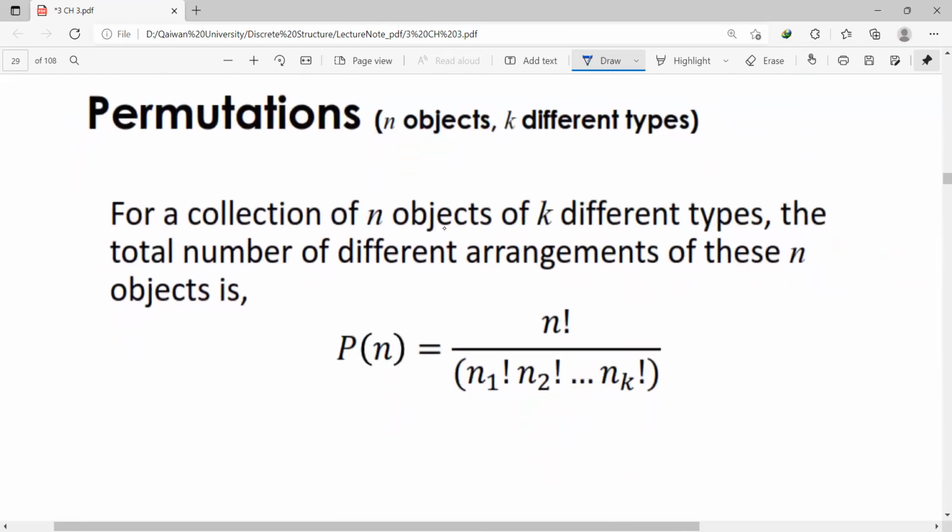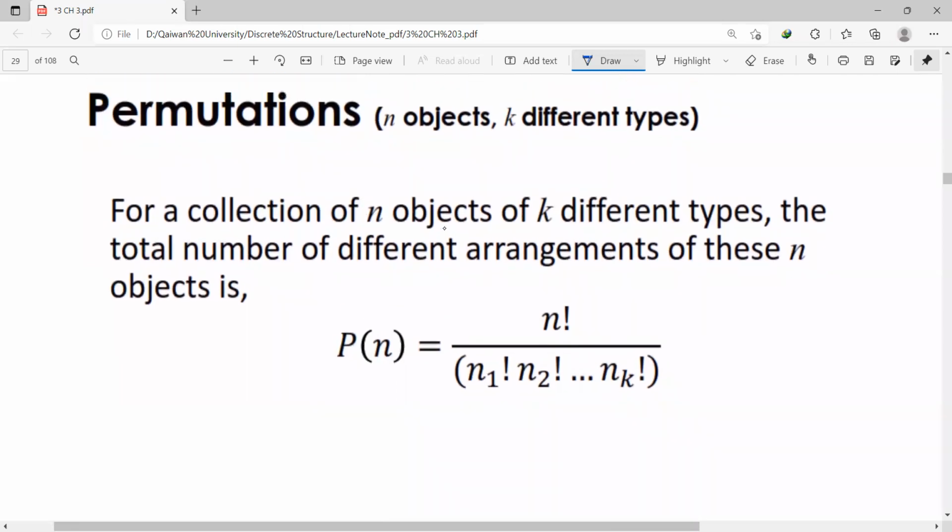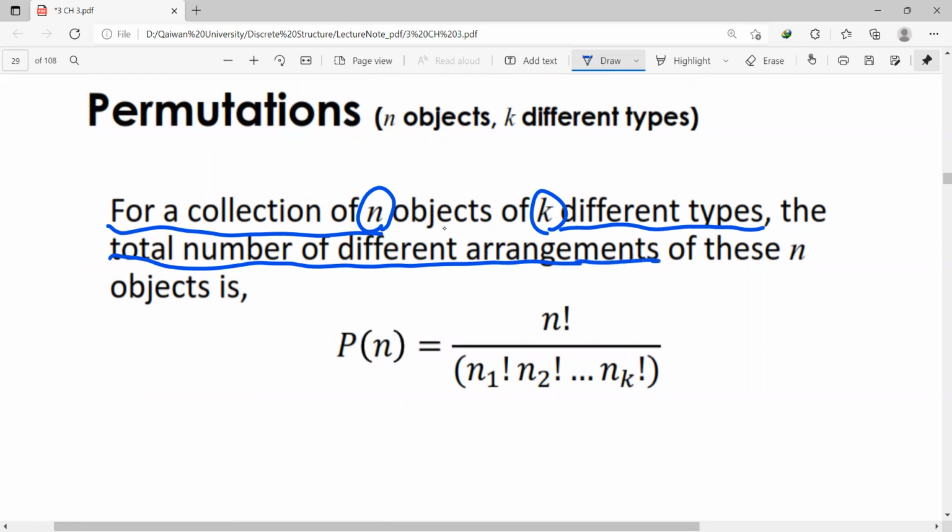And here we say, if we have n objects and k different types, if we choose n objects from k different types, we say for a collection of n objects of k different types, the total number of different arrangements, here we just need to talk about arrangements in this case, of these n objects is n factorial, dividing by the multiplication